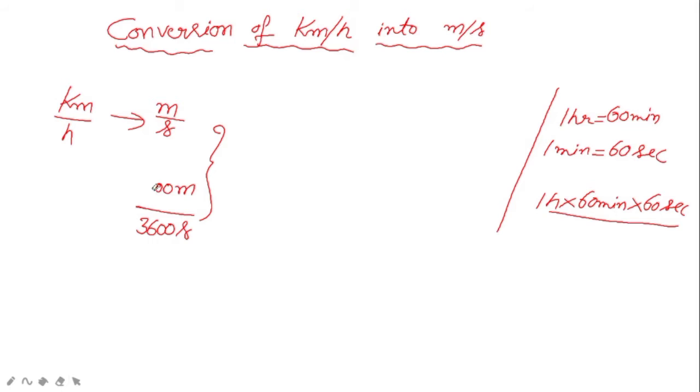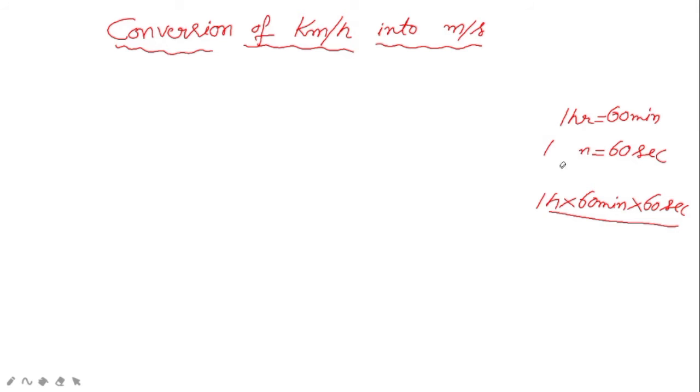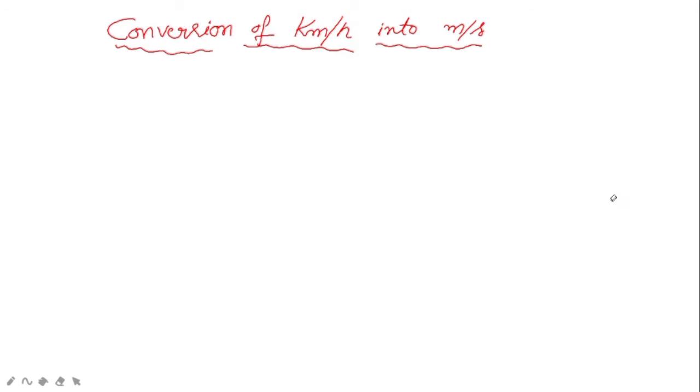Either we can take any example of your choice. If you want, you can take your own value to solve this, right? But for my reference, I will select only one speed, that is 50 kilometer per hour. So this is the example for me. Now I will take that 50 kilometer per hour. So now I have to convert this 50 kilometer per hour into meter per second. How can we do that?